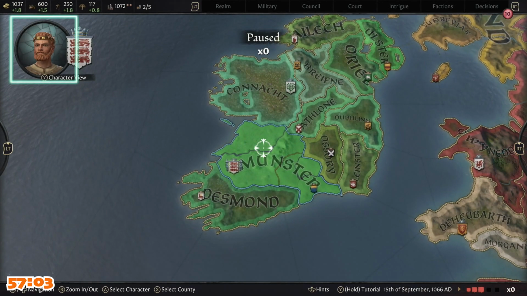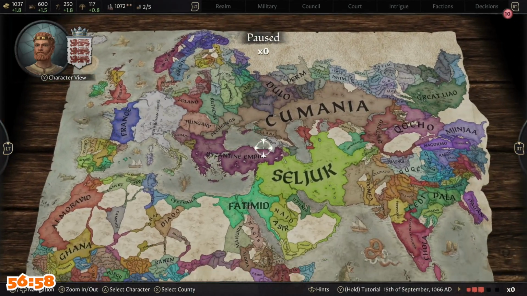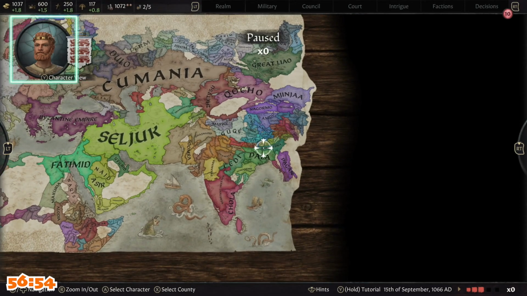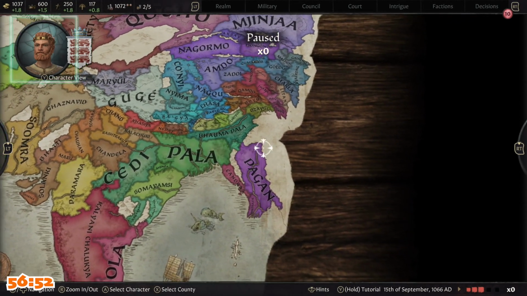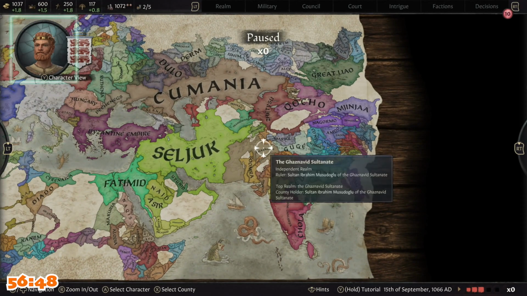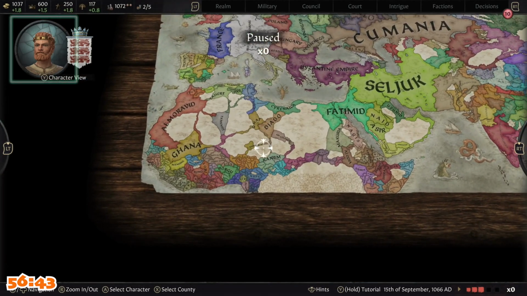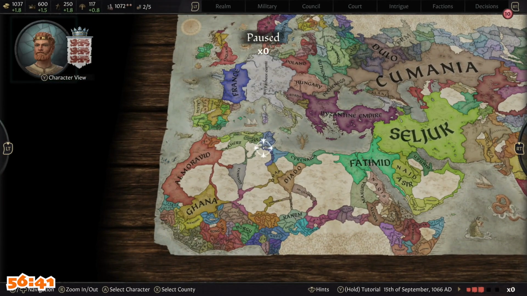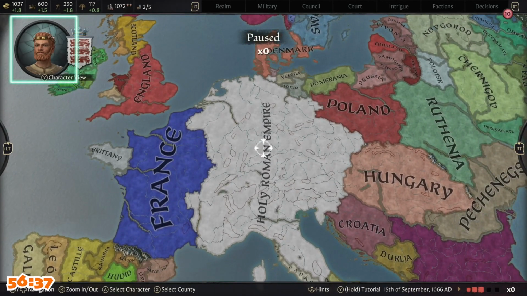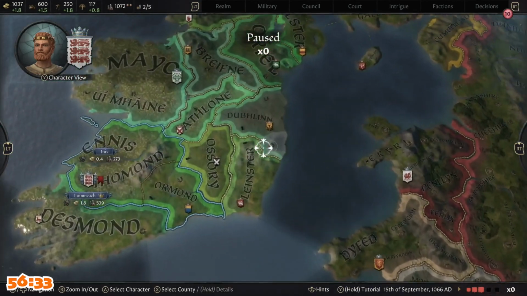Right, so Munster... Oh god, wow. Okay, a lot more than just Europe then. Wow. You can go all the way to India and a little bit beyond. And obviously all the way down to the middle of Africa. Wow. So what have we got? Holy Roman Empire, France, Brittany. And then you zoom in and...